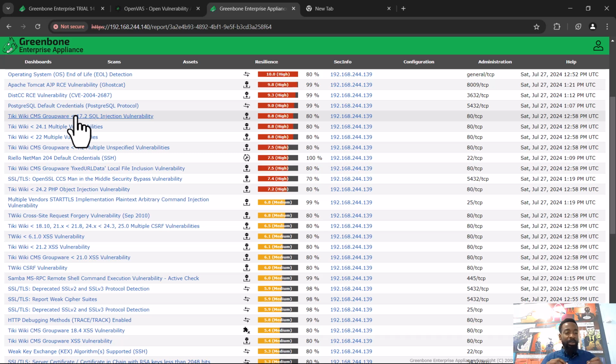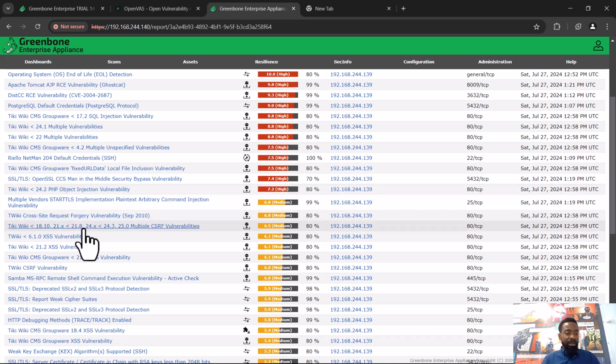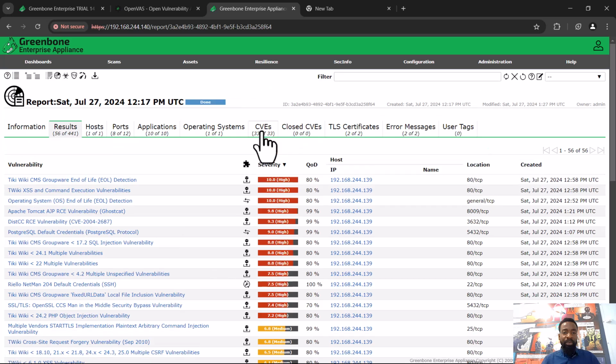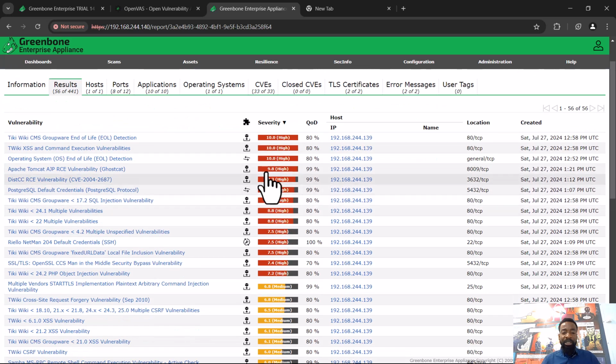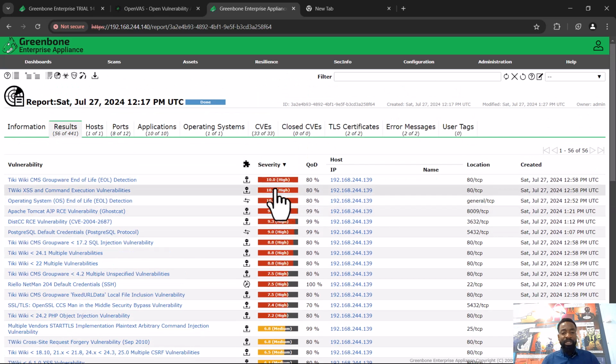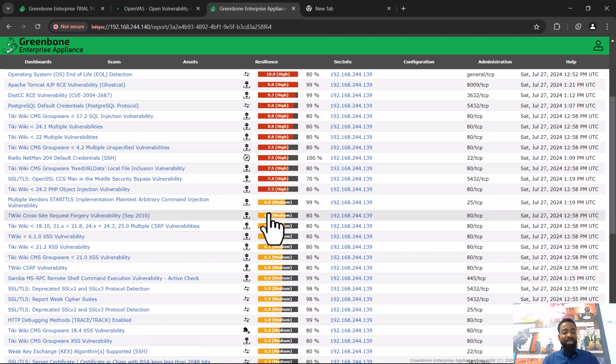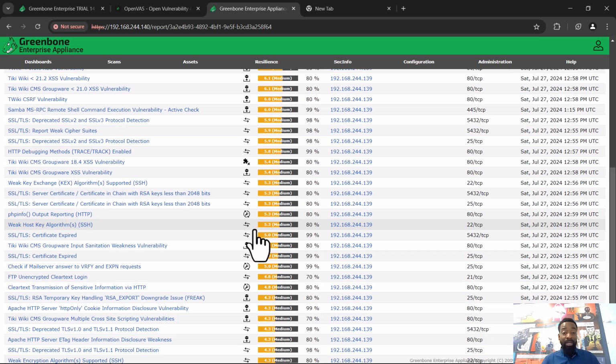It's going to list out CPEs, common platform enumeration. It's going to list out CVEs, common vulnerabilities and exposures that have been announced. So all those things are going to be listed here. It's going to give you their base score. It's going to give you the severity of those items. So items with 10 are really bad. 8, 7, even 6 medium are really, really bad